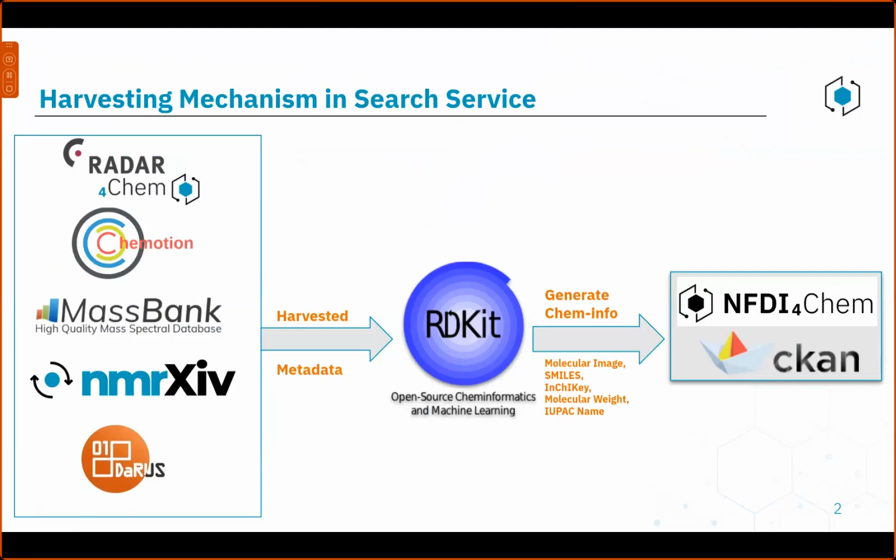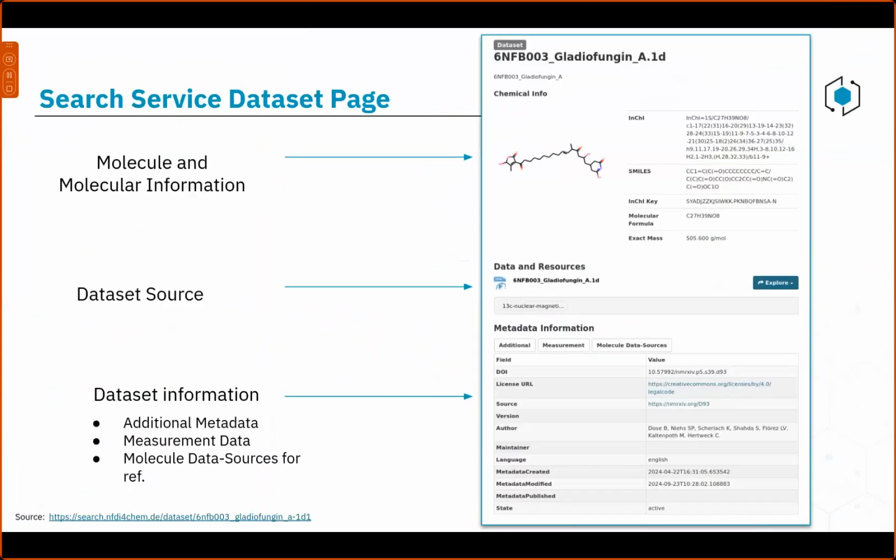So this will be the dataset page that gives the information the researcher is expecting. So this will be the molecule and molecular information, and the user can simply click on the explore button and go to the source of the dataset and get more information, of course. And there will be a brief description or additional metadata like the author and DOIs, measurement data, and molecular data